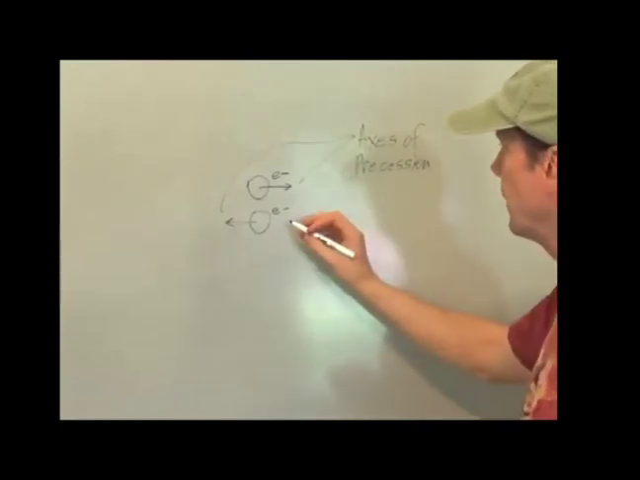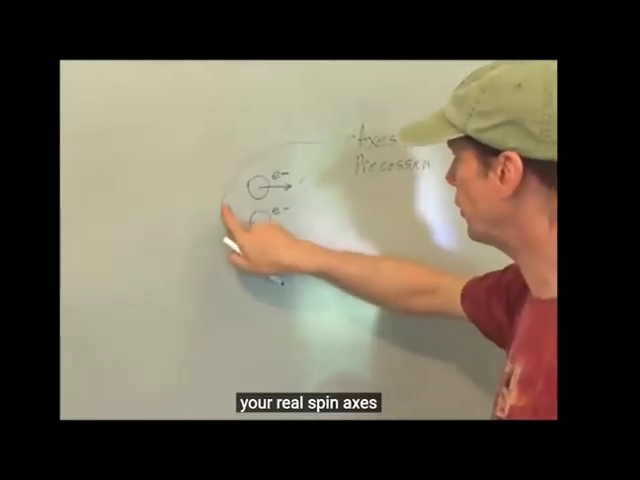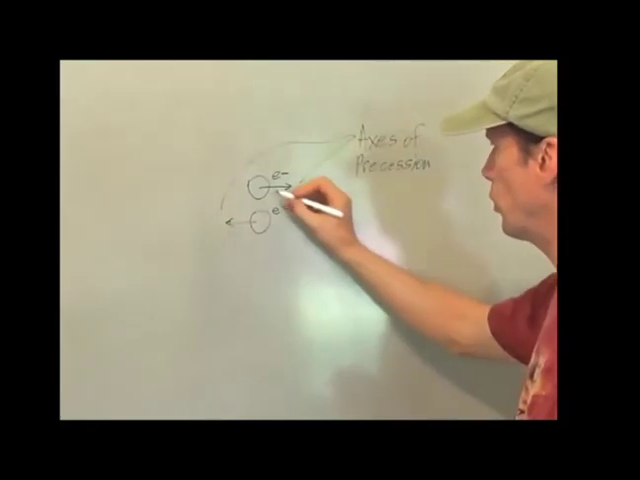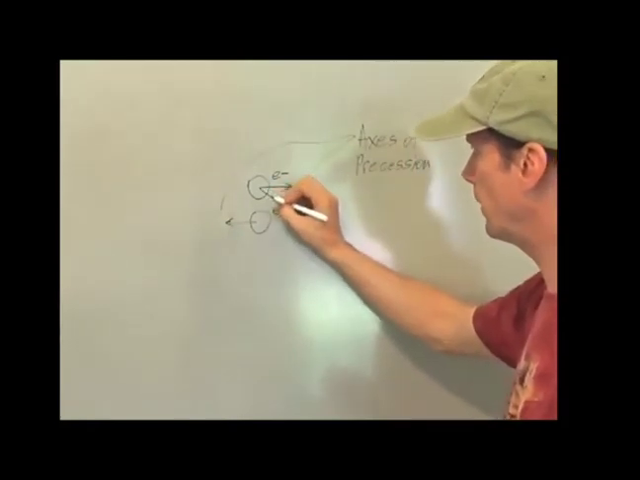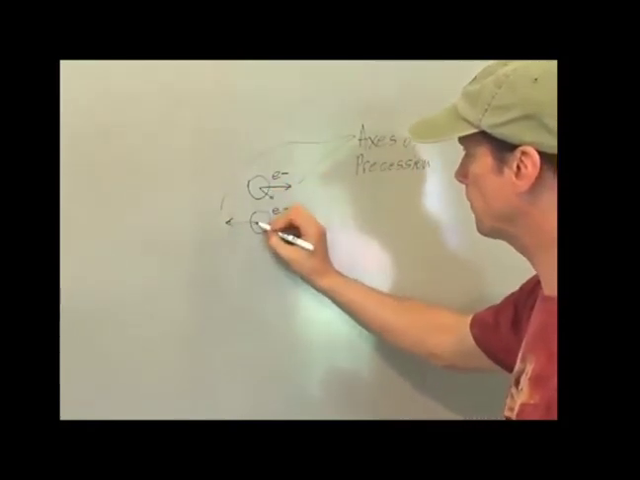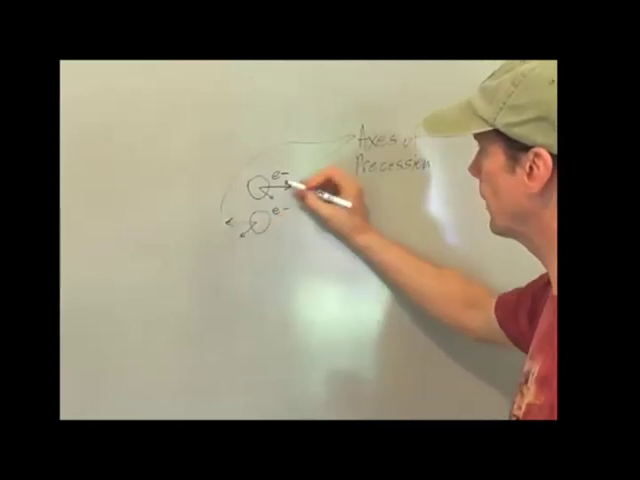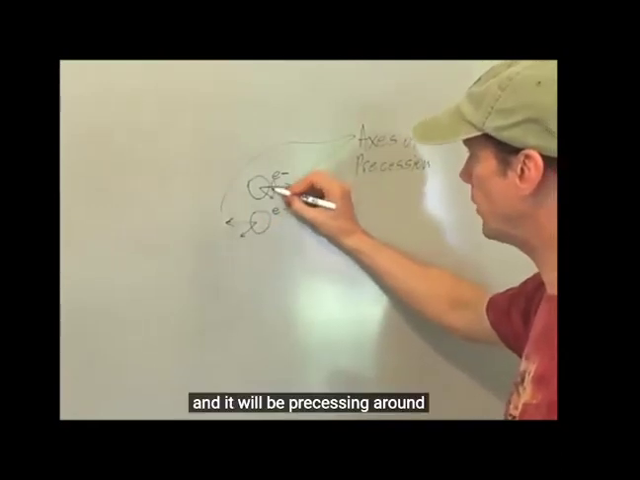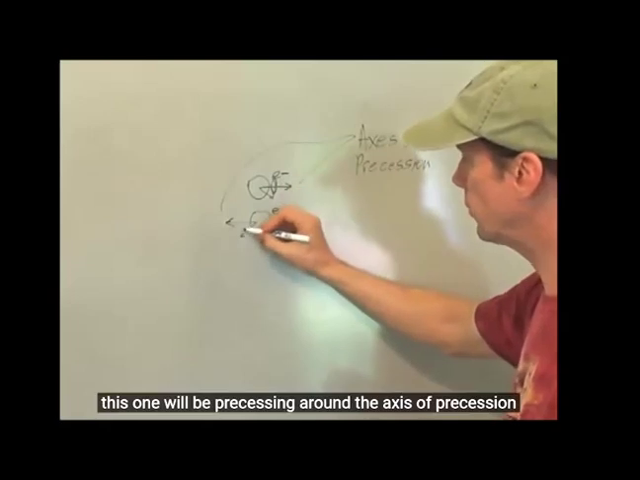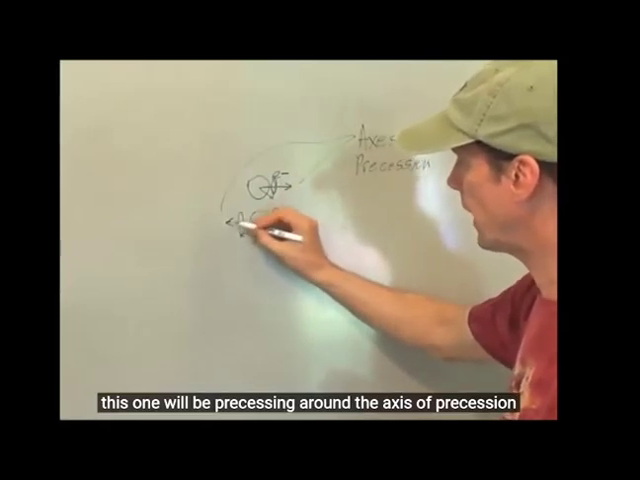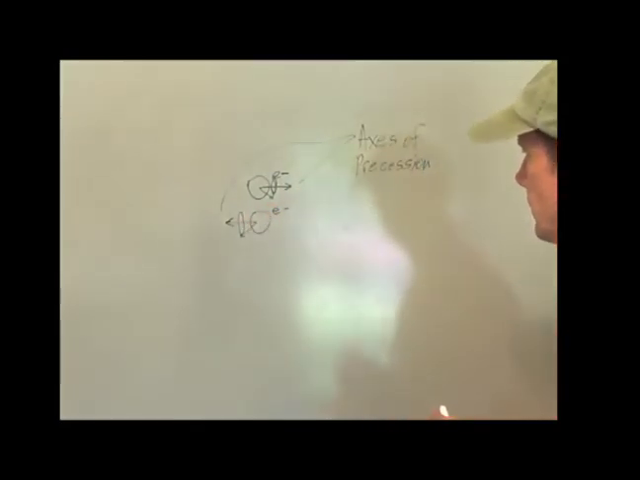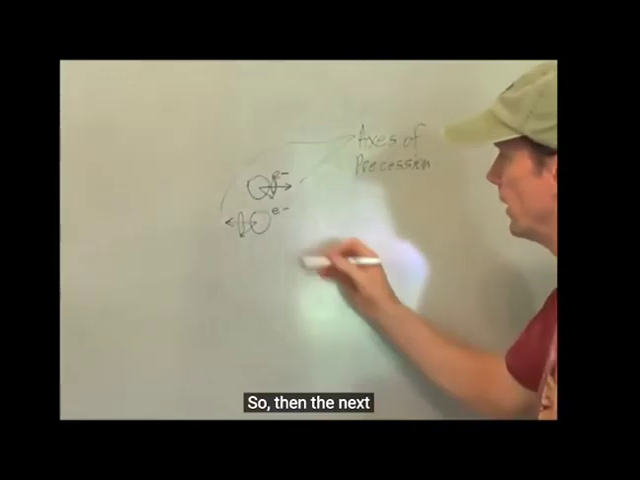And in fact, your real spin axes will be at some angle and it'll be precessing around, this one will be precessing around the axis of precession. So then the next